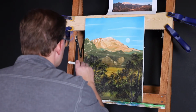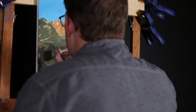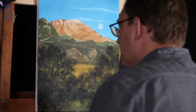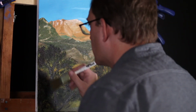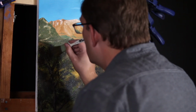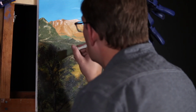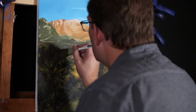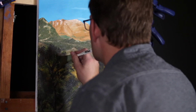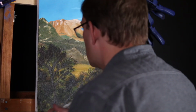I don't want these to be crimson trees, but I'm going to just go in with a 1-inch brush and add some. That's blending with the dark really nicely. So if I did try this last time, I probably didn't have dark enough color behind it, but it's going to add just another kind of dimension to the...